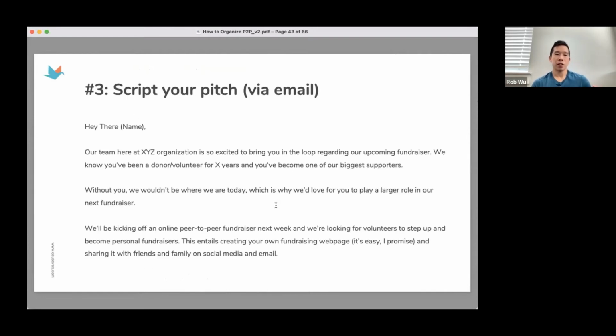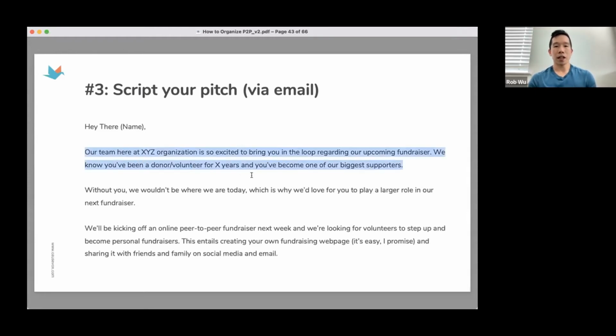If you're not going to route email newsletters, or if you want to do some additional communications, you can send folks individual one-on-one emails like this. This is really successful if there's someone specific, like board members, where you want to say, hey, I need you to create a personal page, or different partners or corporate sponsors that you definitely want to have more of a personal touch in customizing rather than sending them an e-blast.